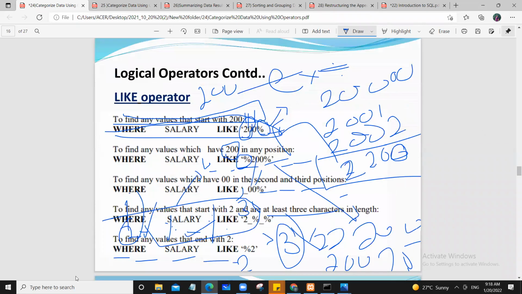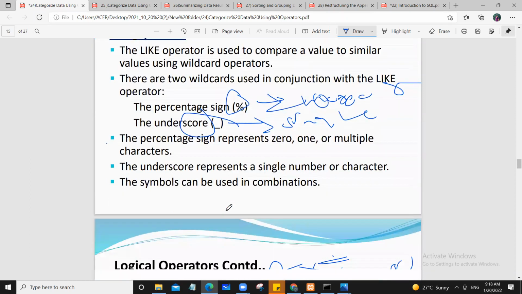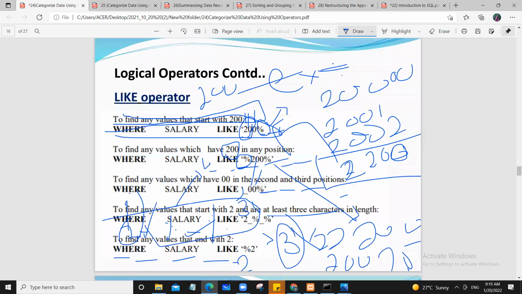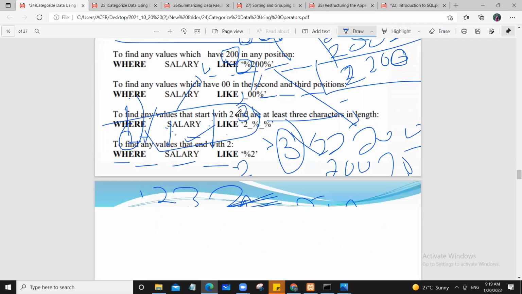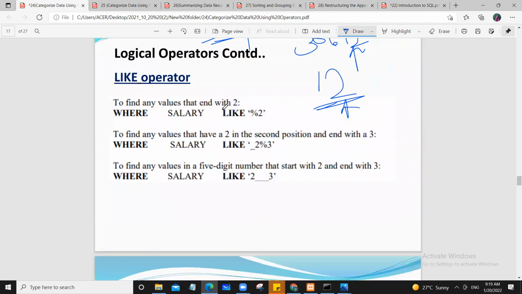Likewise, you can use the LIKE operator to compare a value with a given value. Okay, compare a value set with a given value. So in this case, it's ended with 2. In this case, it is